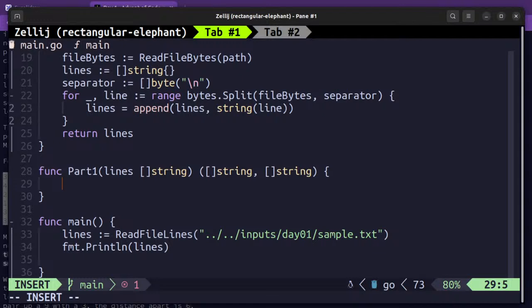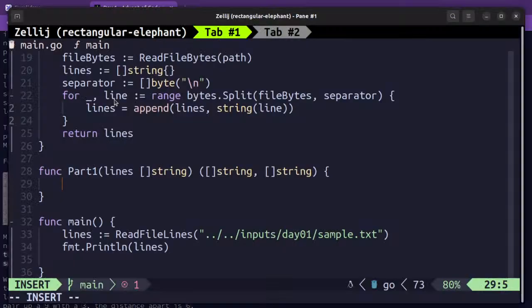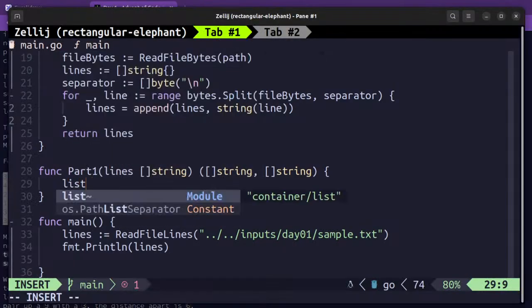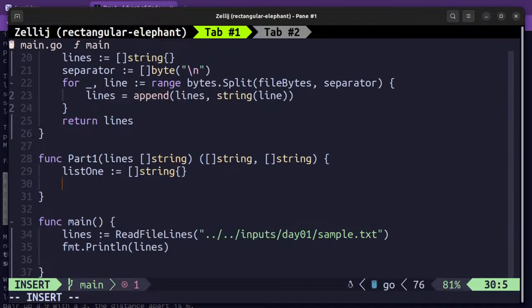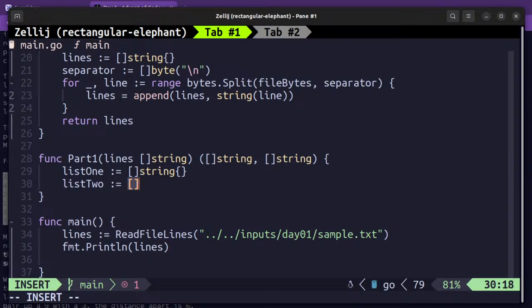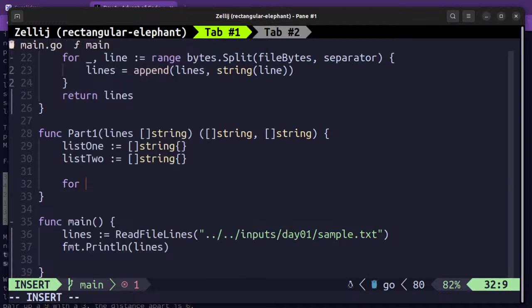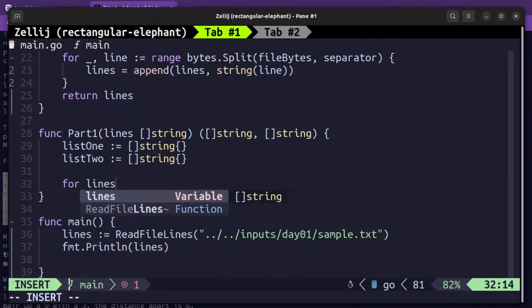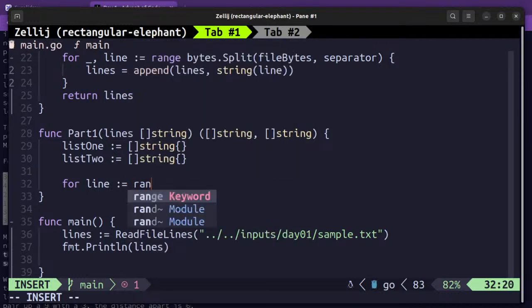What we want to do is maintain two lists. List one will be an empty list of strings, list two will be a slice of strings as well, and then for each line in range lines,